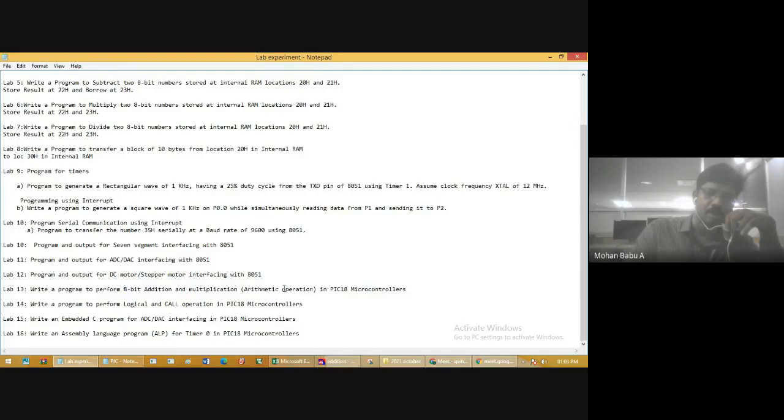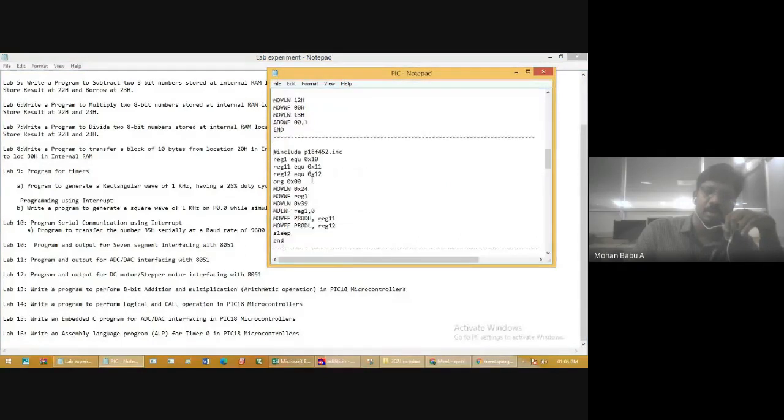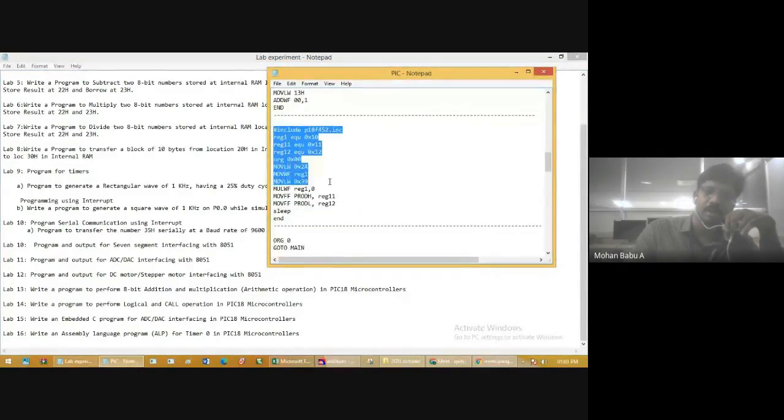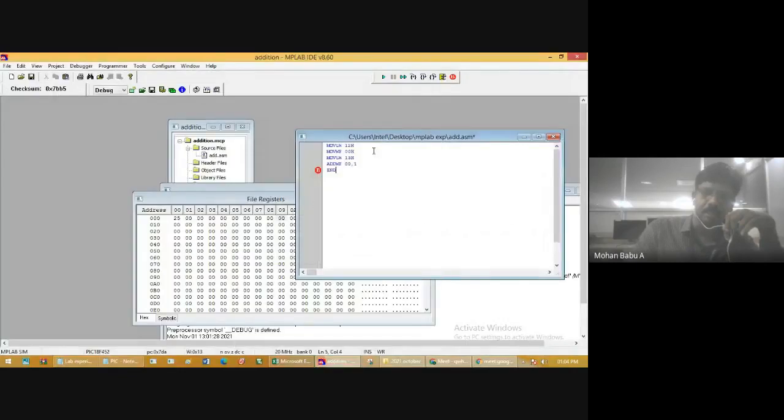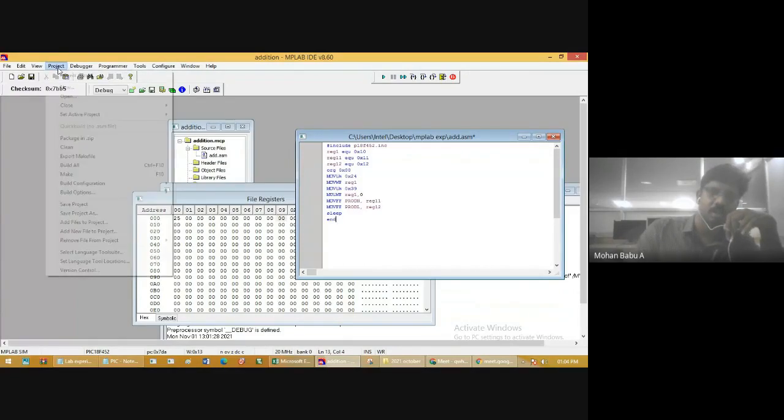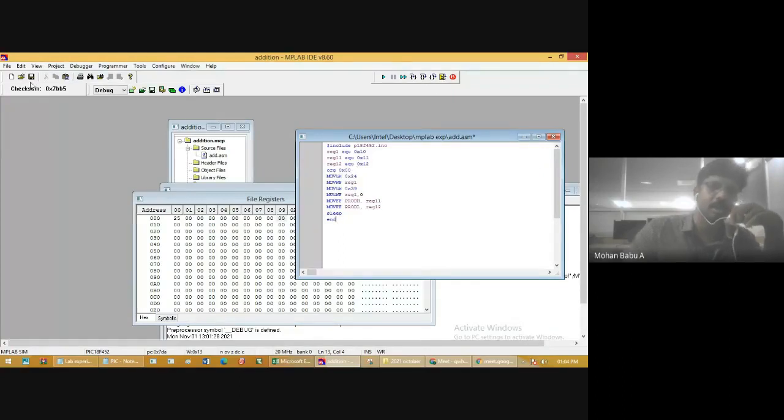Okay, arithmetic operation. For multiplication, we have a separate program. Here, this is a program for 8-bit multiplication. Just copy the code and paste it in the MPLAB. I am reusing the same project, right? Don't do the same thing. First, you will need to go to the project and do the initial steps, because I am just changing the program and doing simulation. Okay, don't do that. I will explain. No problem.